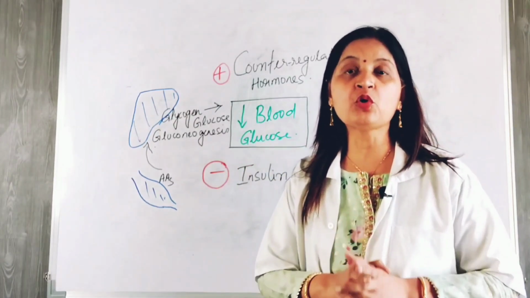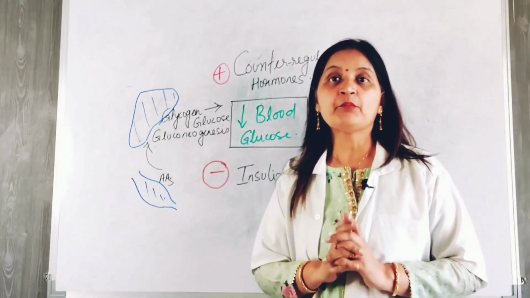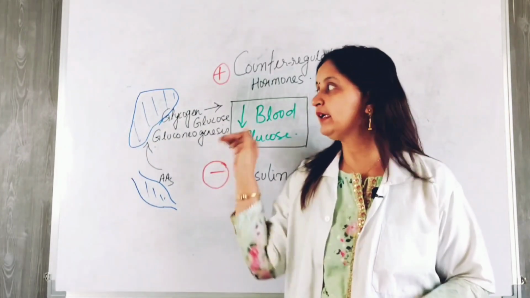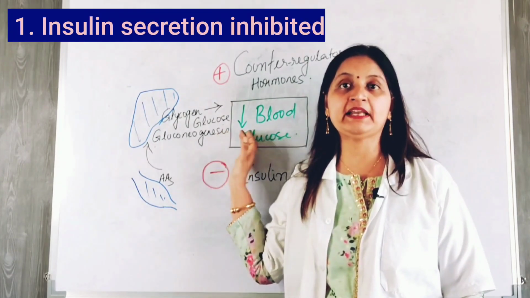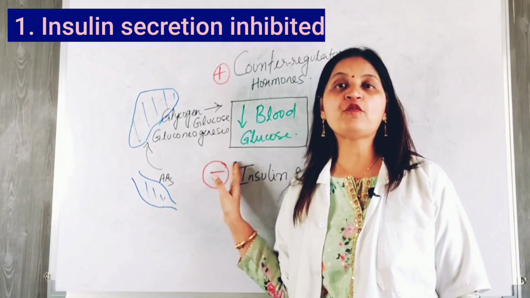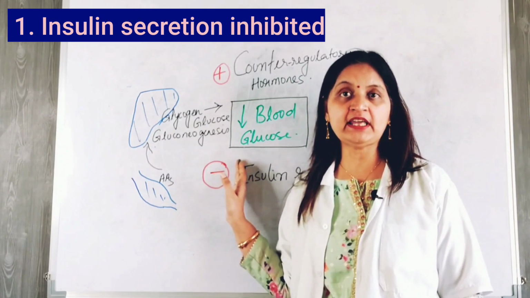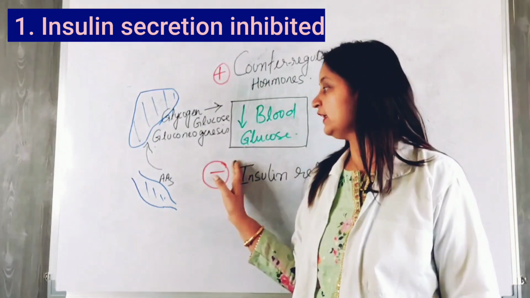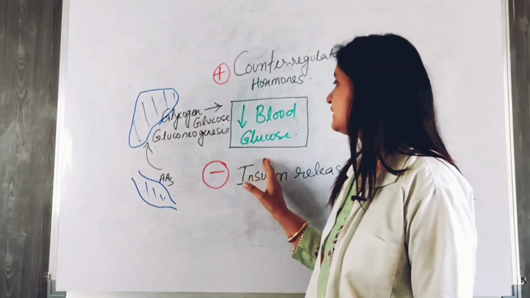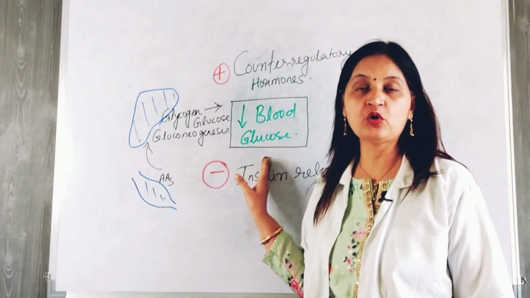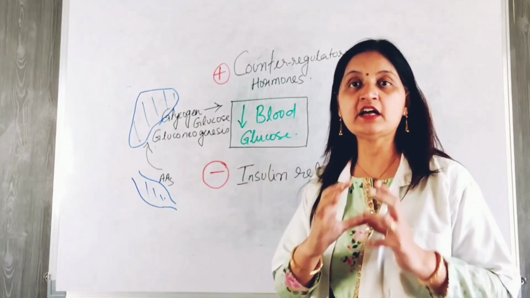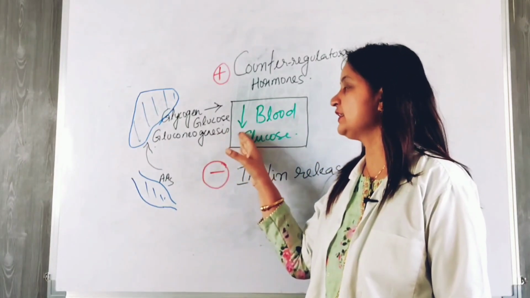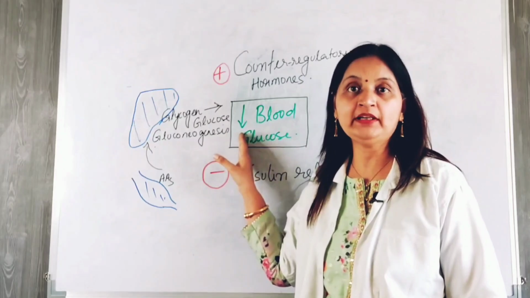So to provide glucose to the brain, processes are activated to maintain blood glucose concentration in the range of 40 to 70 mg per deciliter. Firstly, insulin secretion is inhibited, and since insulin secretion is inhibited, there is diminished uptake of glucose by the muscle and adipose tissue, and this helps to conserve the blood glucose concentration in the circulation and helps to maintain the